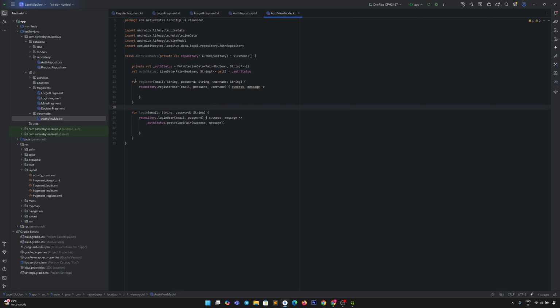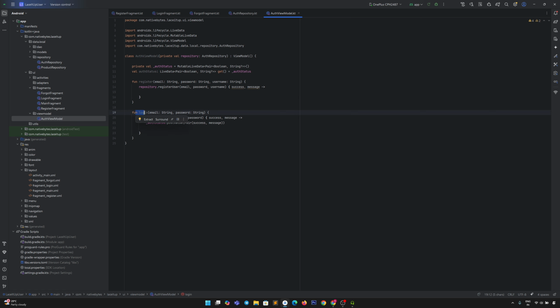This function is called when the user clicks the register button. It calls register user from the repository. When Firebase responds, it gives back success, true or false, and a message. We update auth status with this value. Now the fragment observing auth status will react to this change, for example show a toast or navigate.